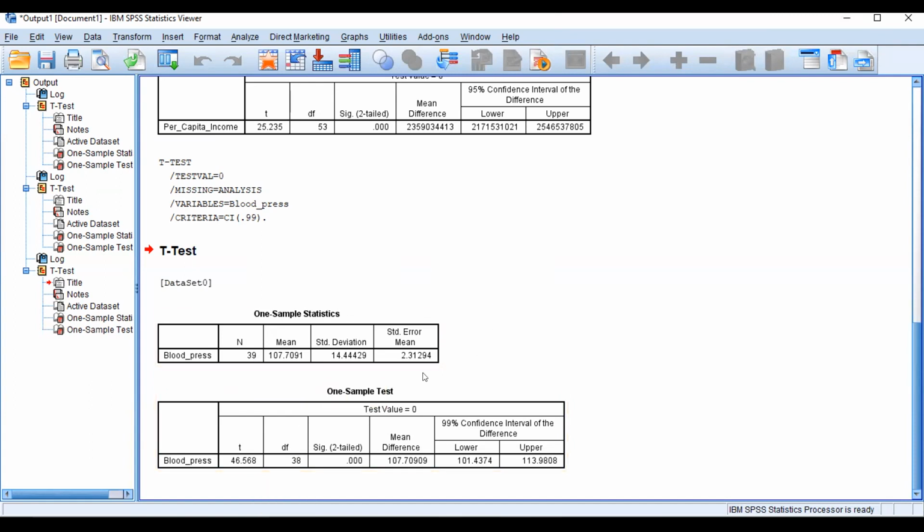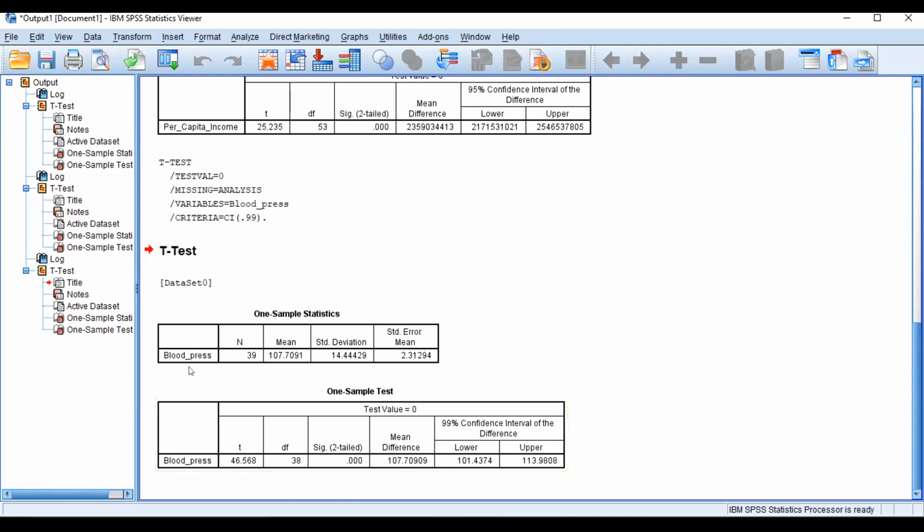Degrees of freedom is the number of observations in your data set which are free from the limitations, and which can be automatically calculated. So that's why 38 degrees of freedom means 39 minus 1. If 38 observations are known and independent, then 1 can be calculated. This is the meaning of that.